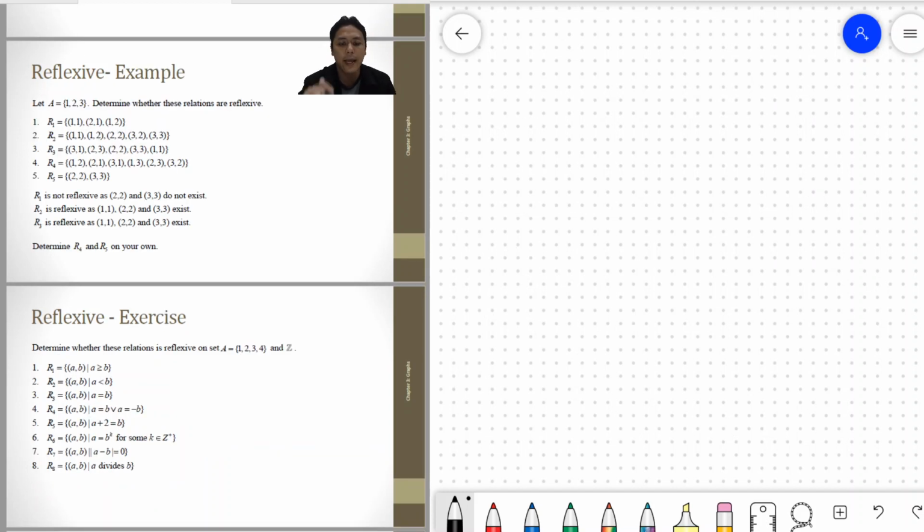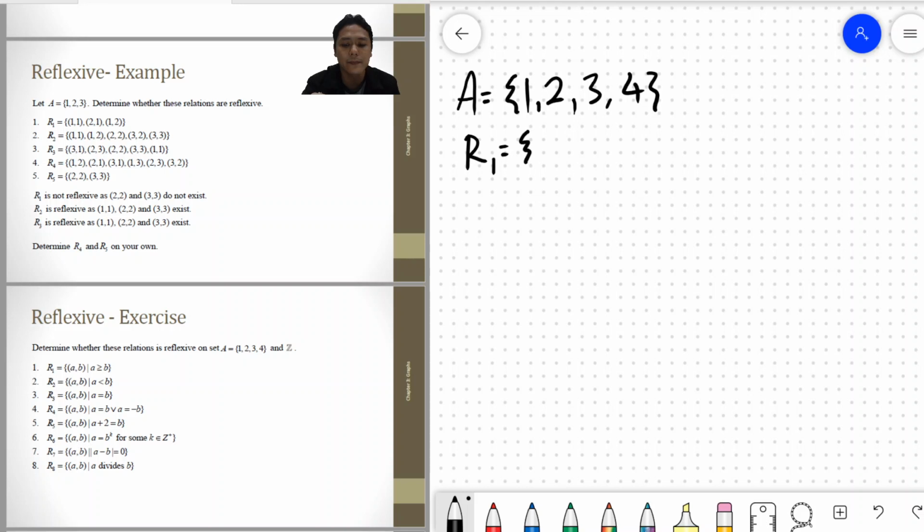Okay, let's look at the previous example that we already did in our previous lecture, which is R1. Again, we start first by defining the set. For this example, A equals to 1, 2, 3, 4, and let's start with R1, a larger than or equal to b. If you list down all the possible ordered pairs which satisfy the relation of R1, you will have (1, 1),